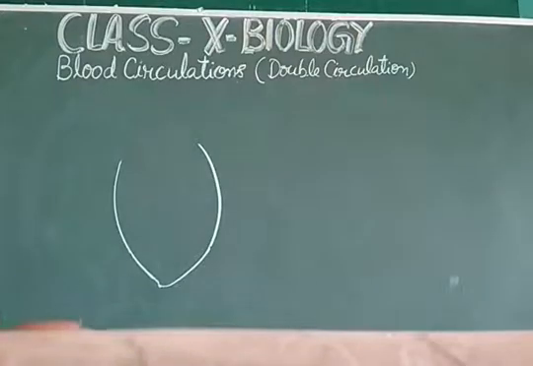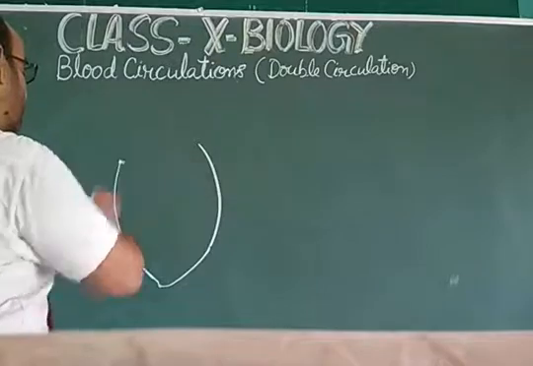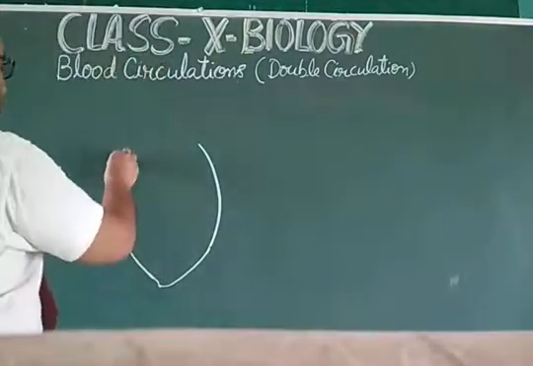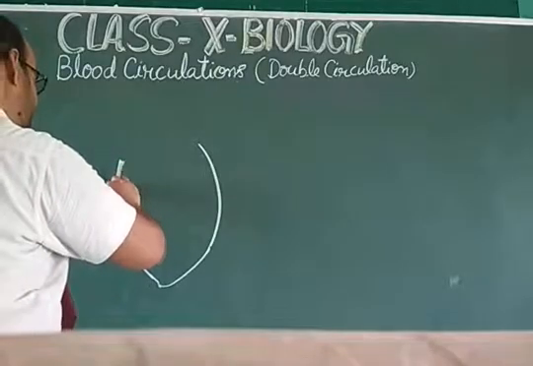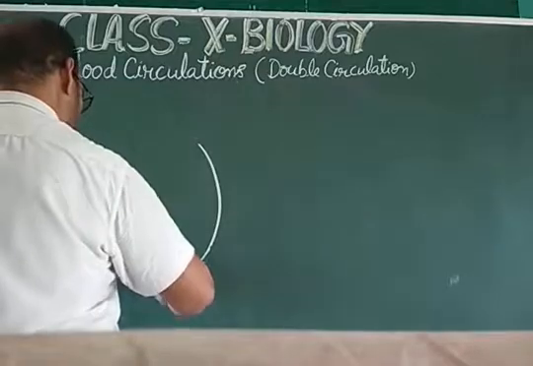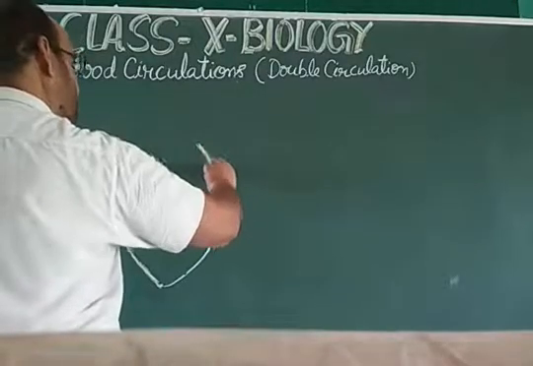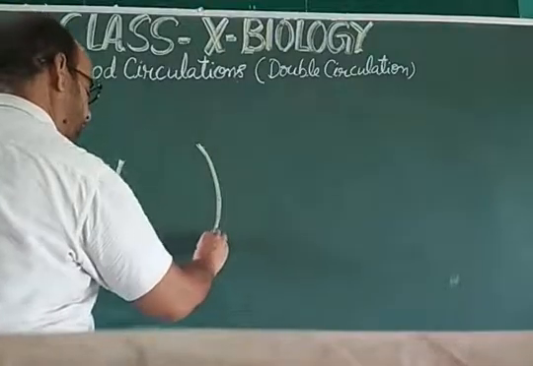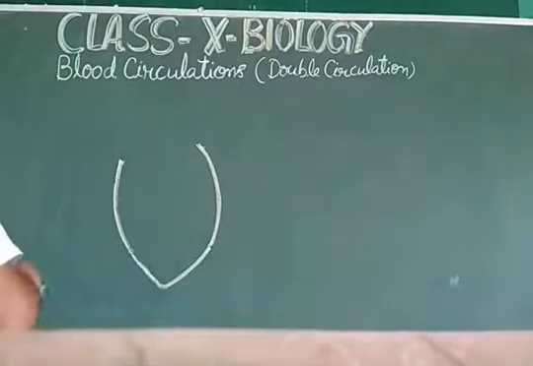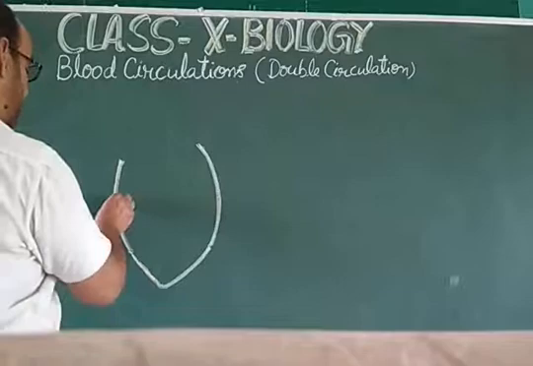Suppose this is the muscular structure of the heart. This is the muscular structure, or you can say that this is a strong muscular structure, and this strong muscular structure is divided into four chambers, and the chambers are